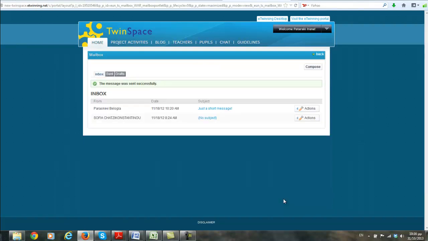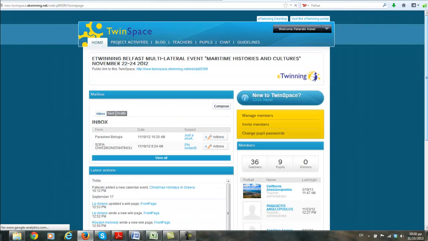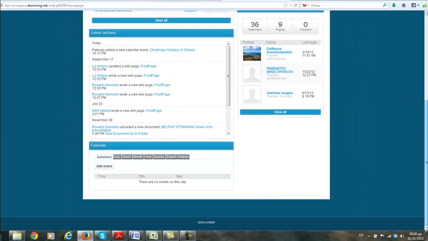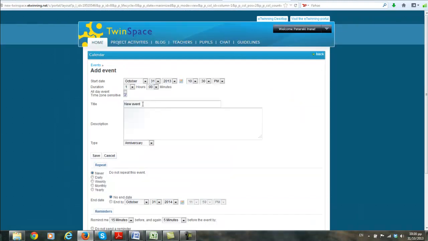Now, if you would like to add your country's national holiday to the TwinSpace calendar, you click on Home page, and then you just have to scroll down, go to the calendar, click Add Event, and write the title of the event.